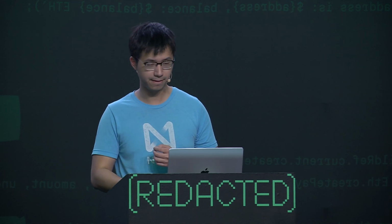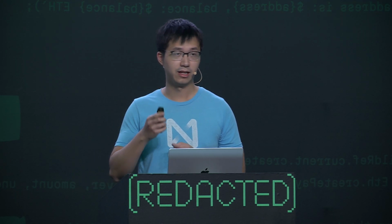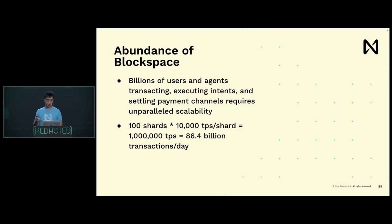So let's imagine this bright future where we have 100 shards, and each shard can do 10,000 transactions per second, and that would result in 1 million transactions per second, which is 86 billion transactions per day. It's a huge number, and we do need that if you think about the bright future that Ilya, Alex,